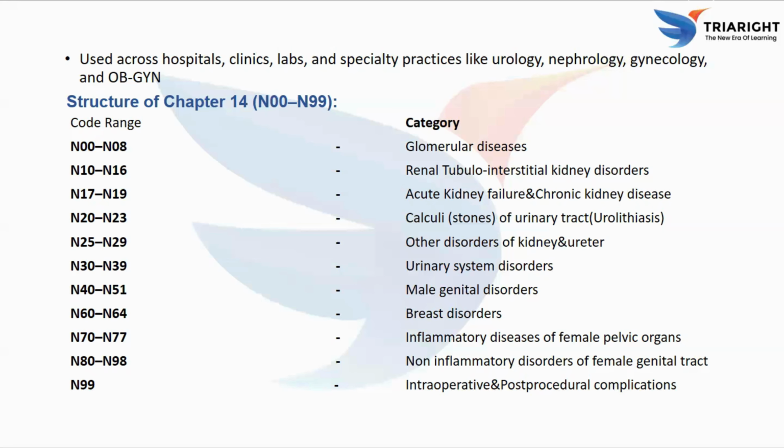So why is understanding these code ranges important? Because it helps coders quickly locate the category of the diseases. It improves accurate code selection, leading to correct insurance claims. It also helps physicians document precisely, and it ensures proper patient treatment classification. So now coming to the